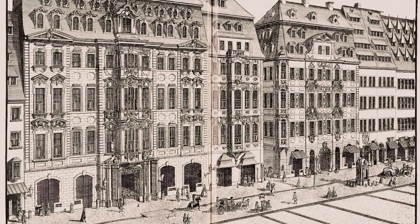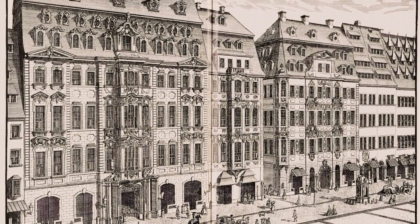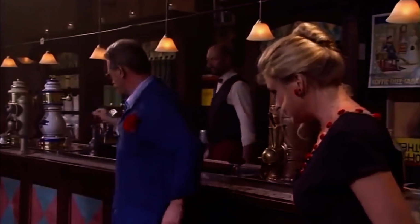The idea of this scent is based on the cafe in Leipzig where Bach wrote his famous Java cantata, or coffee cantata. I just learned about this opera piece while researching for this conversation. Coffee Cantata was one of Bach's more unique works that he composed in the 1700s. From my understanding, it's a comic opera about a disgruntled father and his daughter who's obsessed with coffee. I listened to Cantata while smelling this scent,